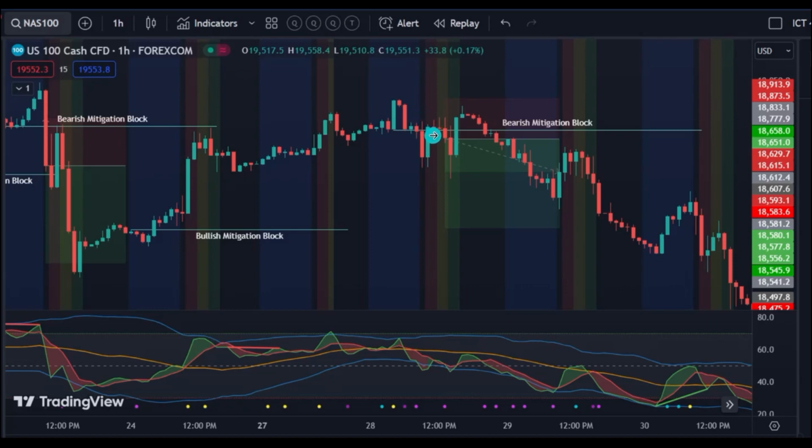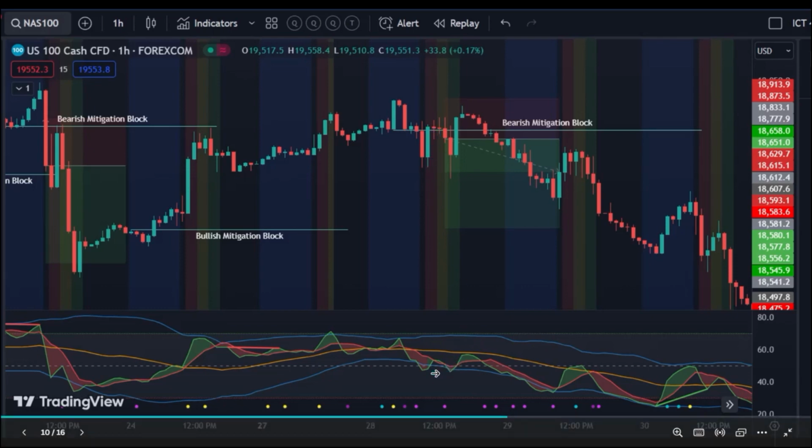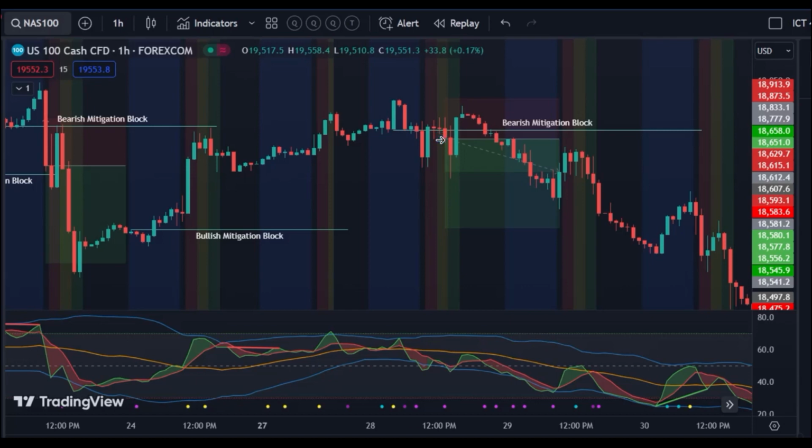Now, you can enter once the TDI gives you a signal, which happens here. The price line crosses below the signal line, and that is where we put our entry. However, if we want to be complete in our ICT concepts, we will wait until the afternoon New York session, which is during the 2 to 3 o'clock hour. That's where price takes liquidity, and you can place your entry up here with your stop loss above this swing